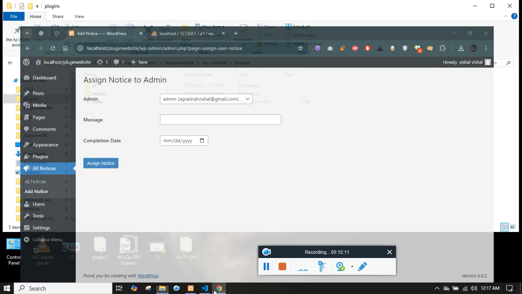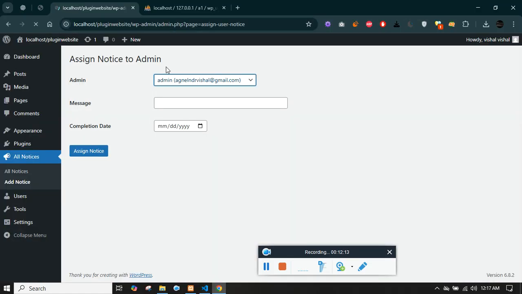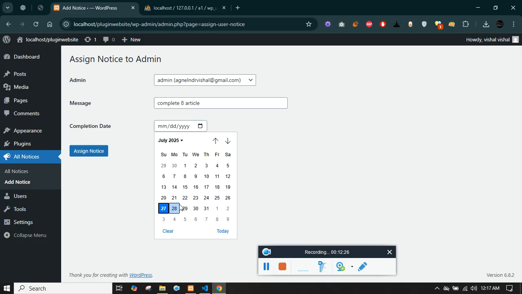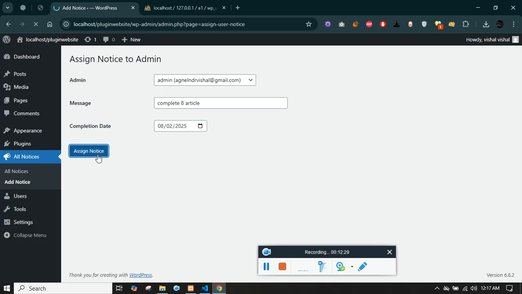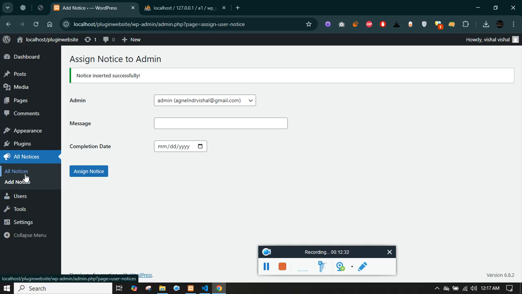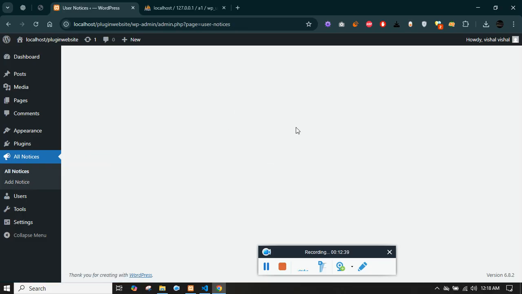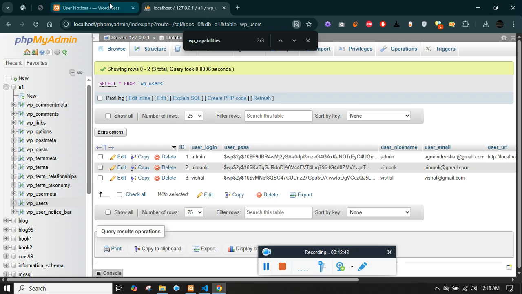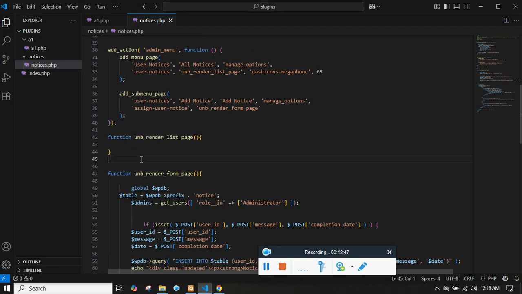Now if I update something, complete 8 article by next week, let's say 2, click on assign, and once I click on all notices, I should see all the values in the form of a table by fetching these values. So for that, since we have already written our function for